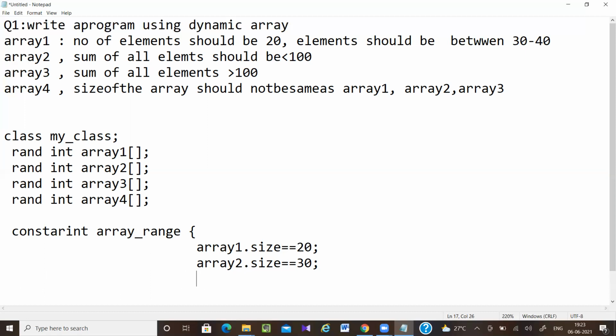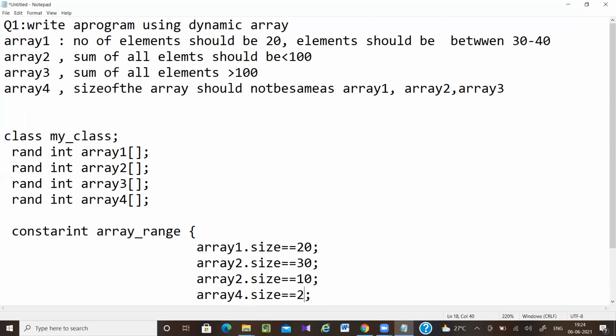Next, for array 3 also there is no size. Here I'm giving it 10. And array 4 should not be the same as array 2, 1, 3, so here I can write 25.